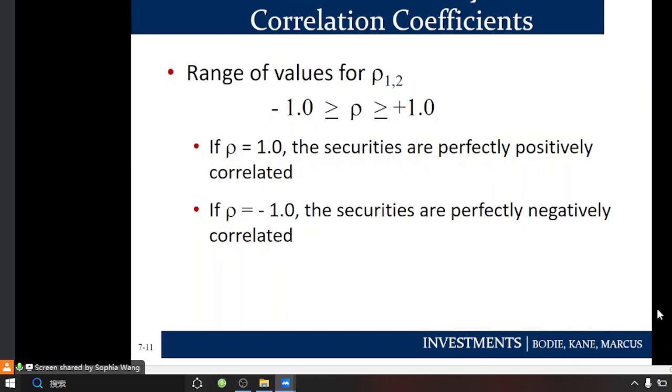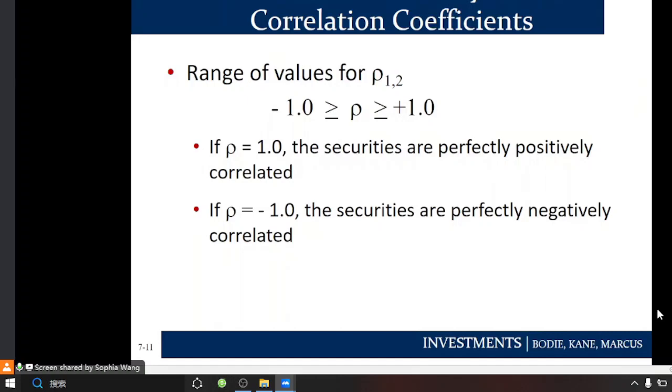If rho equals -1, the stocks are perfectly negatively correlated. In this case, we can decrease the risk, because when stock A increases, stock B decreases. In this case, there is almost no risk because your capital will not be changed. So in this case,